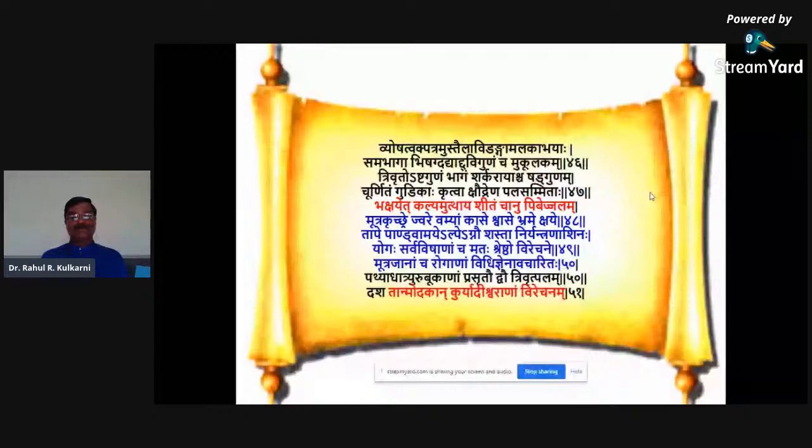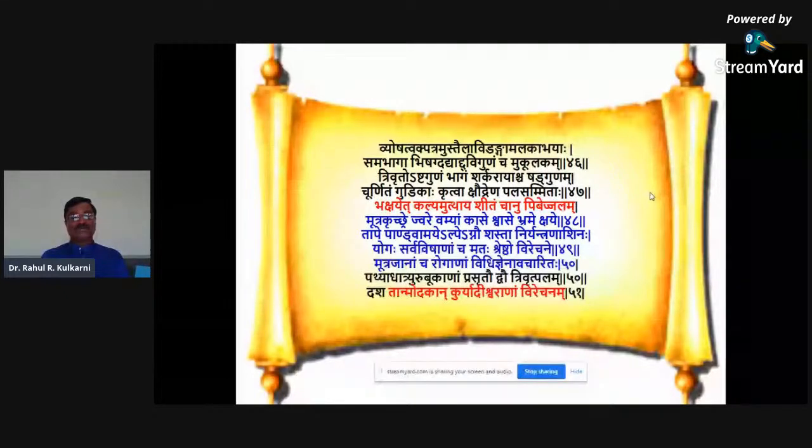Bhakshet kalyamutthaya sheetam cha anu pibet jalam. So here clearly he said this guda or gutika or churna, which is to be administered with the kshaudra, has to be taken in the morning. Kalyamuttaya, in the early morning when the person wakes up from sleep, Sheetam cha anu pibet jalam. This has to be taken with Sheeta Jala, and because Kshaudra is there, it has to be taken with Sheeta Jala.